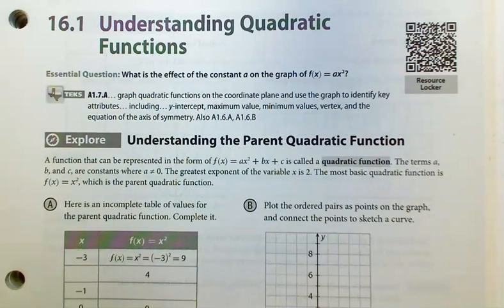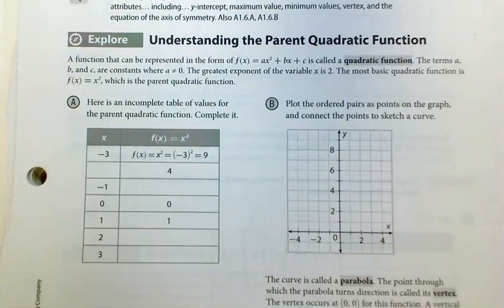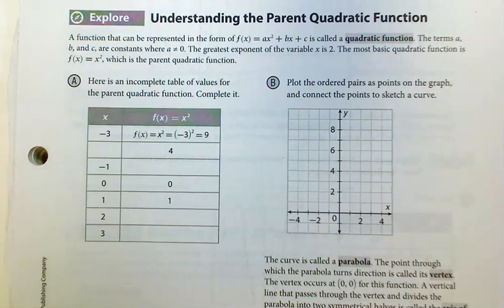involving quadratic equations. So I am actually in Module 16 on page 771, and we're going to start with just simple information about quadratic functions, okay? A function that can be represented in the form of f of x equals ax squared plus bx plus c is called a quadratic function. The terms a, b, and c are constants, and a is not equal to 0. The greatest exponent of the variable x is 2. The most basic quadratic function is just f of x equals x squared, which is the parent quadratic